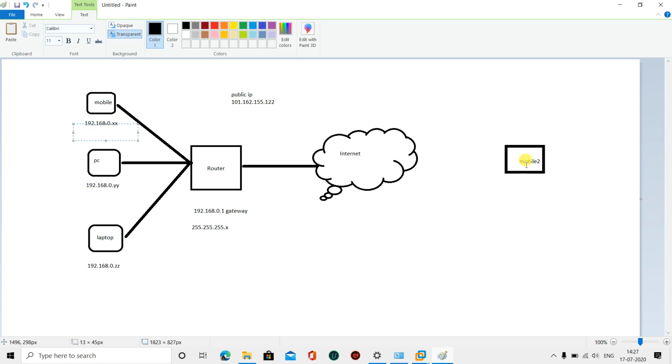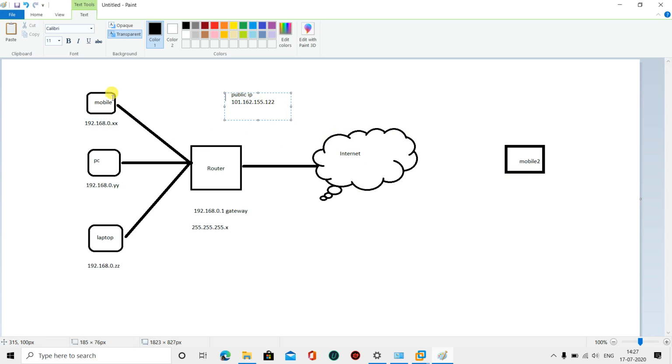But as mobile 2 is outside of the network, he should connect to that mobile 2, but his IP is 192.168.0.something, which is the local IP, so he cannot access the other devices which are outside of the network. For solving this issue, he needs to connect via a public IP.